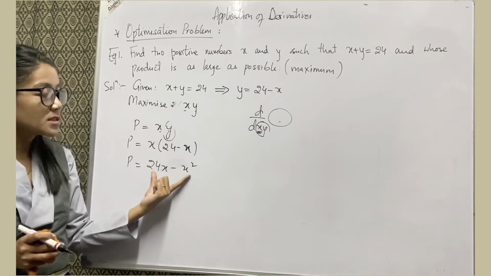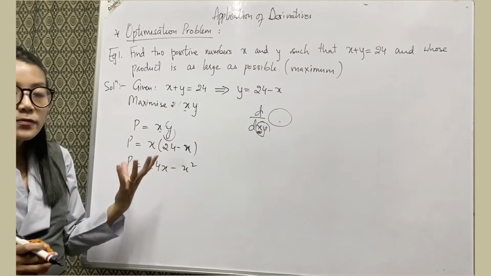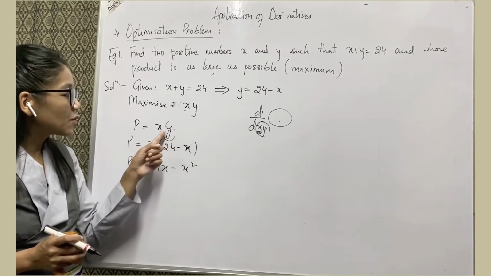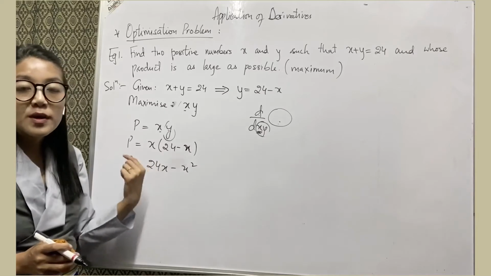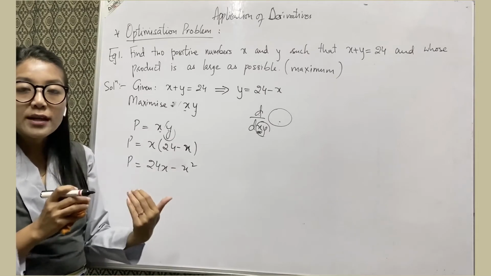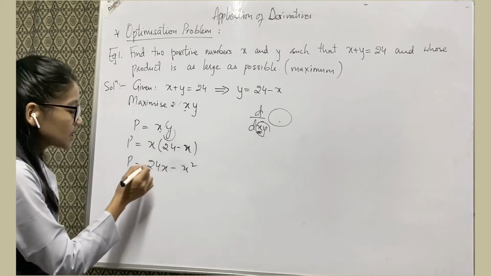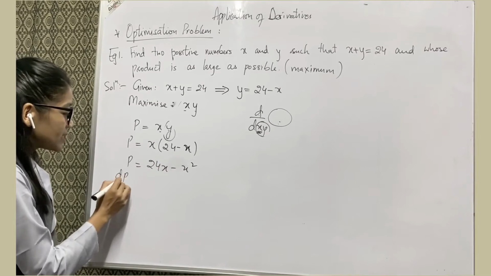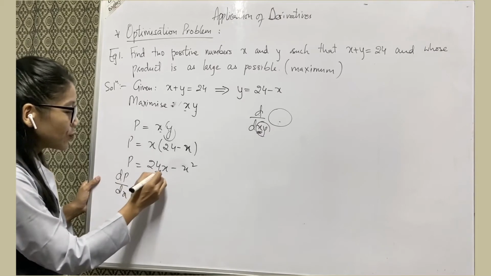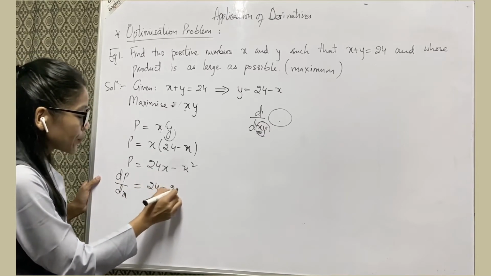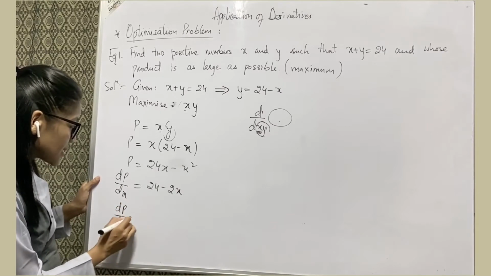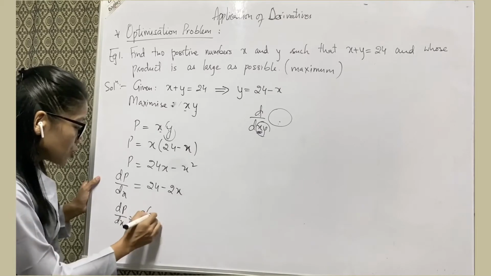Now I can differentiate this with respect to x. If some of you have expressed P in terms of y, then you will differentiate P with respect to y. According to which variable you had expressed, according to that you have to differentiate. Now you will find dP by dx, the derivative of P with respect to x. That is 24 minus 2x. So dP by dx is equal to, if I take 2 common, 2 times